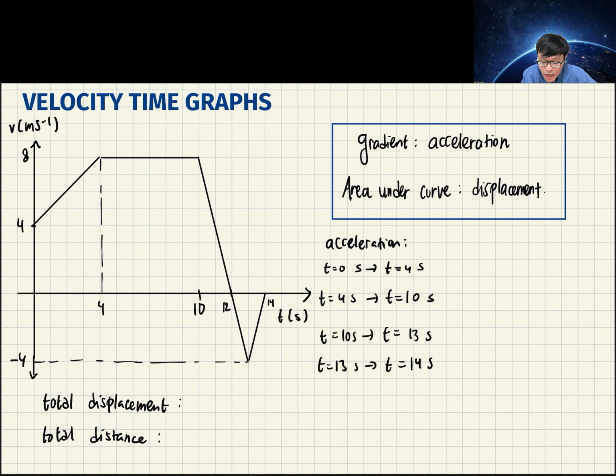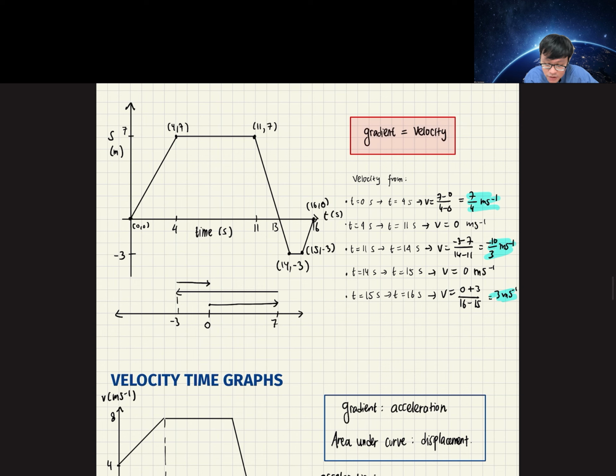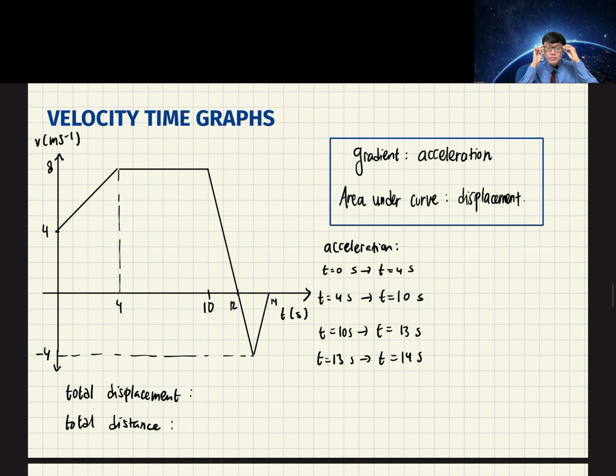Now, let's take a look at what can we find from here. First, gradient, now it becomes acceleration, because acceleration is the rate of change of velocity, which is the gradient. The second one, we do the opposite logic of displacement. So before, gradient was the velocity from displacement time graph. We do the opposite. How about the displacement? How do you find displacement from velocity time graph? Gradient is the derivative. Now we do the opposite, which is area under the curve. So the displacement is just the area under the curve. Now, let's find the acceleration.